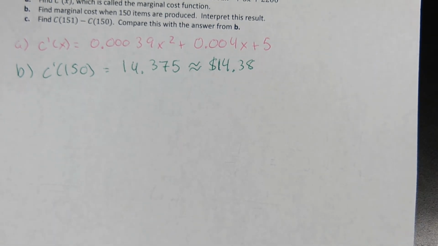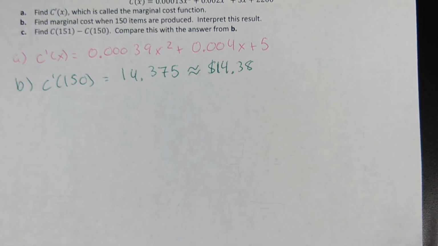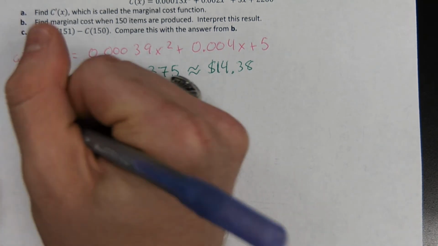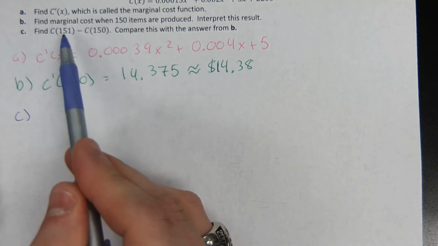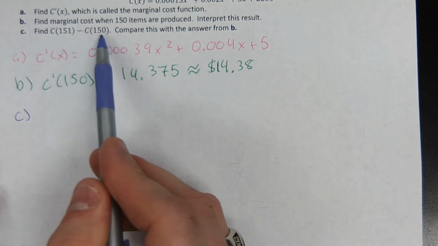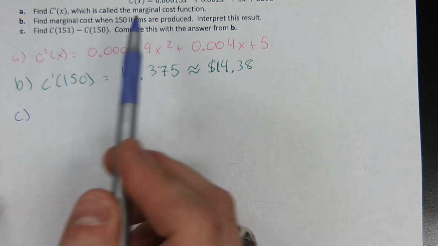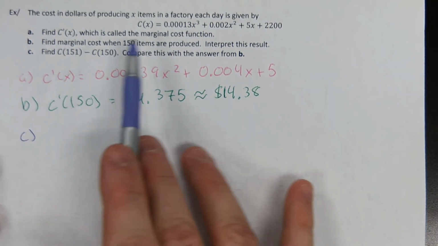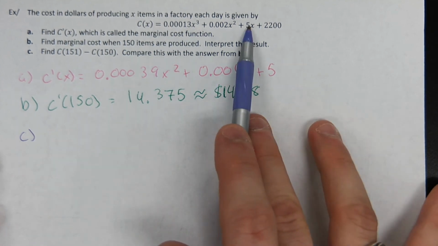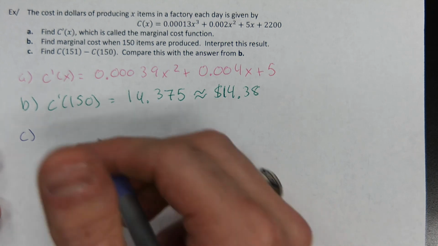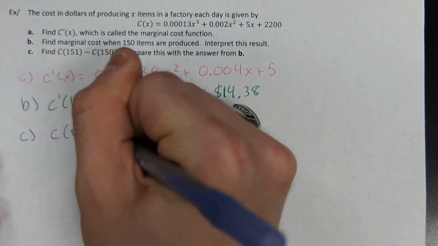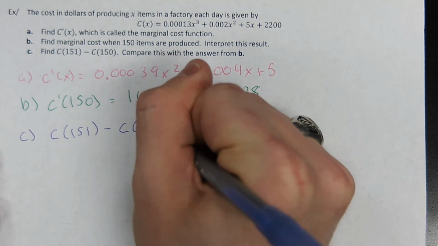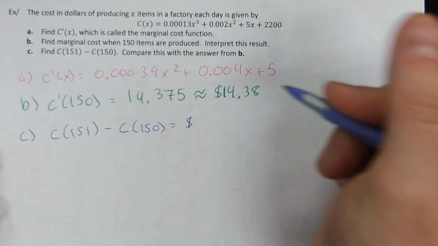So now let's do part C. Part C is legitimately just to find out if our marginal cost function is doing a good job of estimating this cost increase. Part C says find what the cost of producing 151 items is, and then subtract the cost of producing 150. Oh, so we need to know those two values. So first of all, we'd have to plug in 151 to this function and 150 to this function. I'll just go ahead and tell you that C of 151 minus C of 150 is, and I'll just give you the punchlines here,